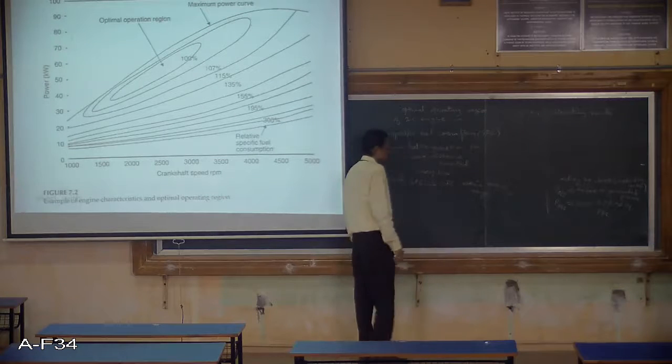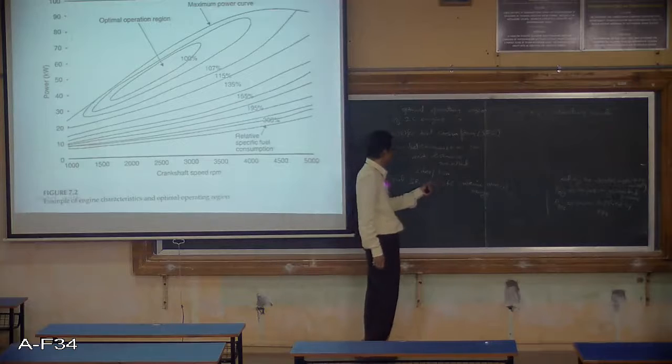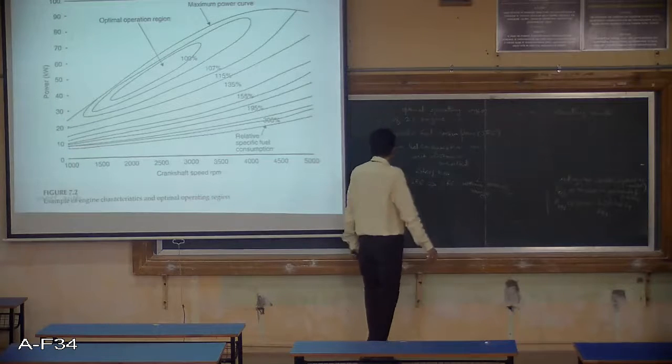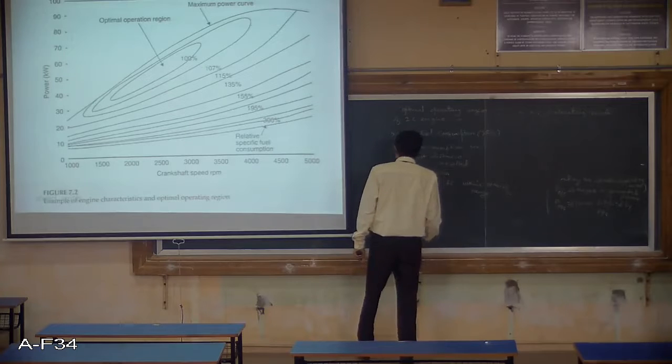So within maximum efficiency range, whatever specific fuel consumption is there, that is known as optimal specific fuel consumption. Now, relative